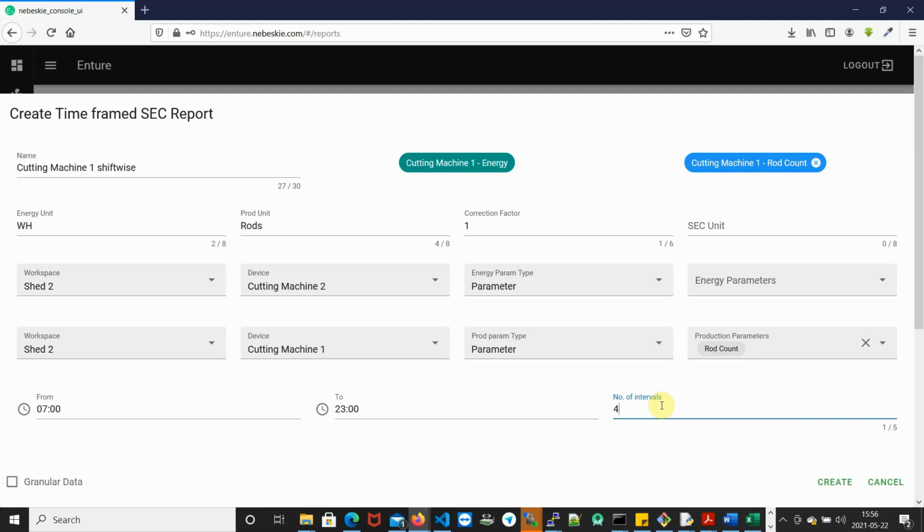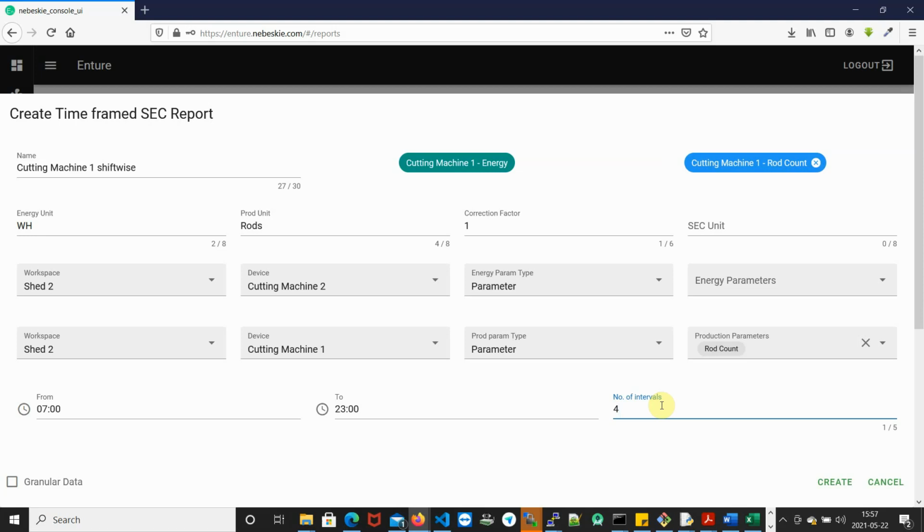This will help the user or the system integrator or the engineer to understand how the specific energy is varying based on time or quality of power. That might be anything ranging from the voltage fluctuations. At a certain period of time or the time of day, the voltage fluctuations might be less, giving a much lesser SEC. However, during a certain phase of the day, the voltage is fluctuating quite a lot or the voltage is low. In that case, the specific energy consumption will also increase.